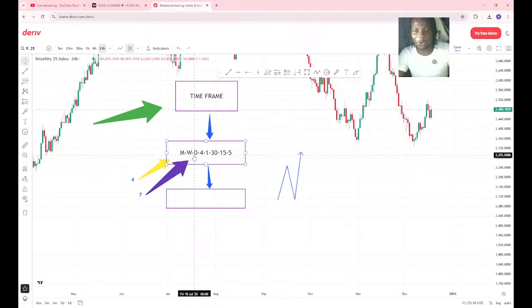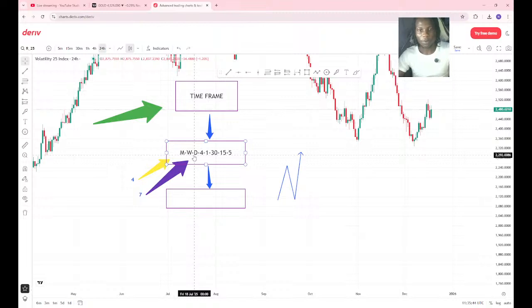Then for the weekly, there are those who are day traders, but they like holding their trade for, like me, I like holding my trade for 2-3 days, 4 days, sometimes a week before I close my trade. So I like using the weekly time frame a lot of the time, so I can hold for 3 to 4 days before the trend maybe reverses. At least I'll get good candle structure.